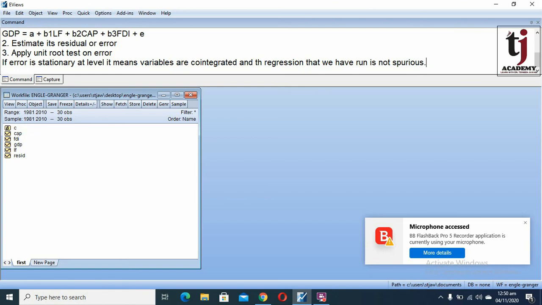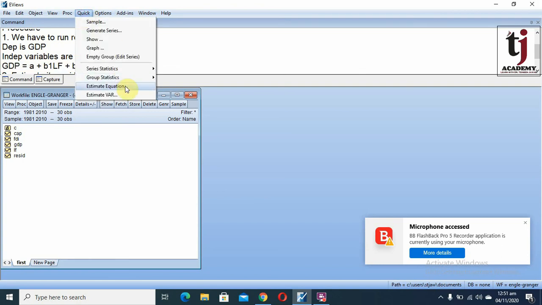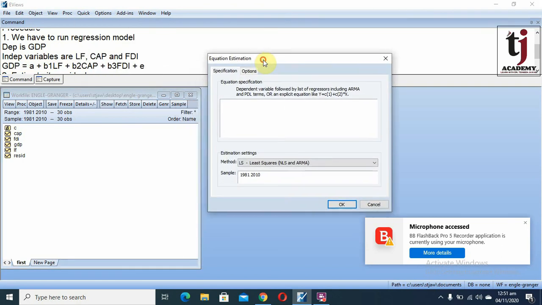Now let's start the procedure. First, we have to run the regression model. This is our regression model. So click Quick, Estimate Equation to run the regression model.